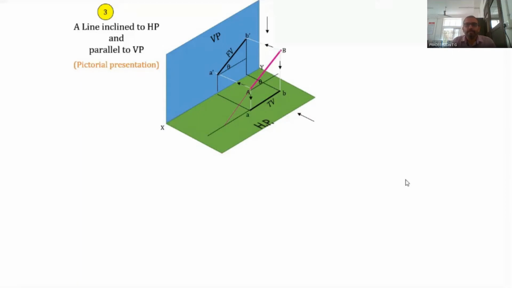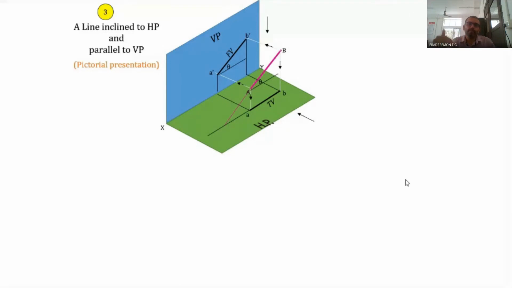And the trace will be in a line which, if we extend the top view, also, then the trace of the line, that is the point of intersection of the line with the reference plane, that is known as the trace. When it is intersecting with HP, it is known as the horizontal trace. When the line is intersecting with VP, it is known as the vertical trace. In this case, we have only horizontal trace, and this particular point will be lying in